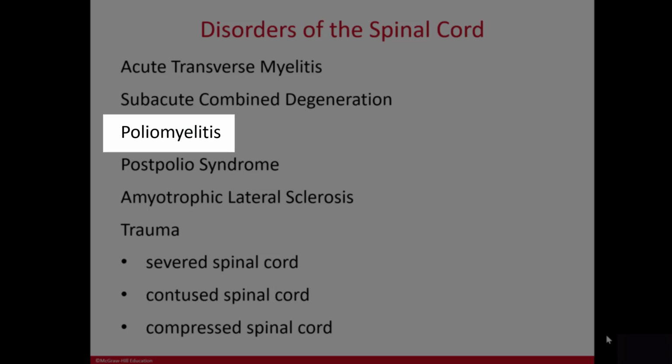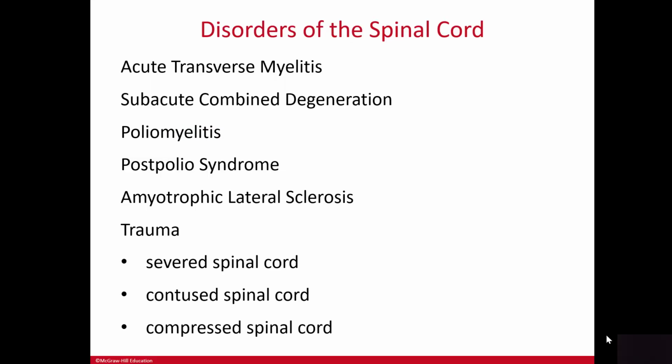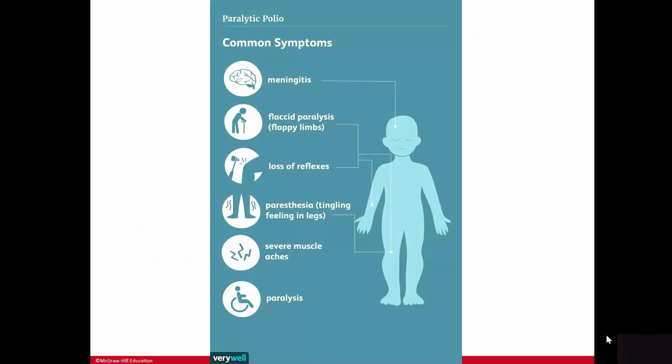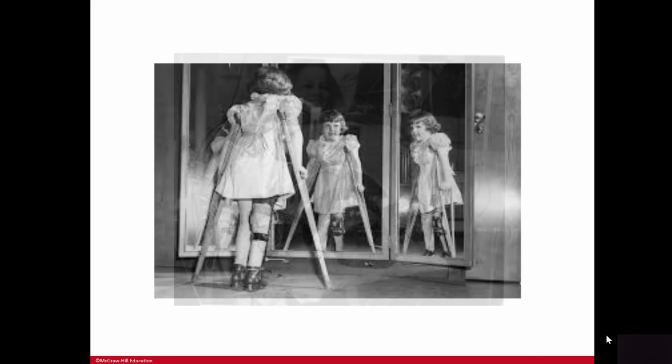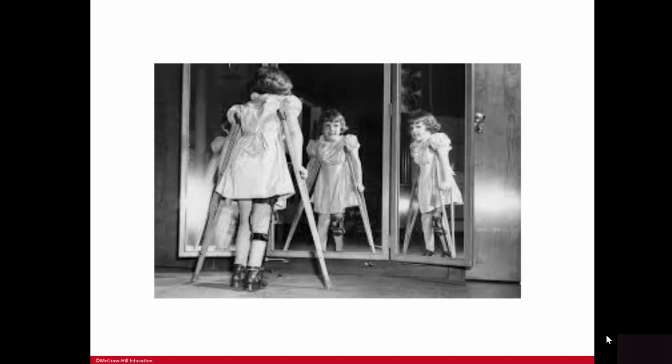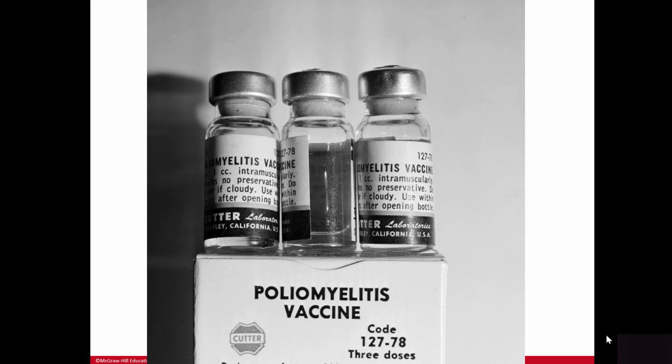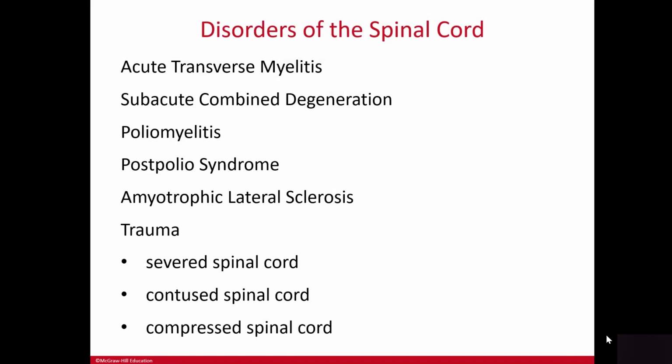Poliomyelitis is an acute infectious disease caused by the polio virus. The symptoms include muscular paralysis, including paralysis of the muscles of respiration. Poliomyelitis, we usually just call it polio, can be prevented through vaccination. We haven't had a case of polio originate in the US since 1979 because of vaccines. Post-polio syndrome, abbreviated PPS, occurs many years after recovery from poliomyelitis. The signs and symptoms associated with PPS are tired, painful, weak muscles.